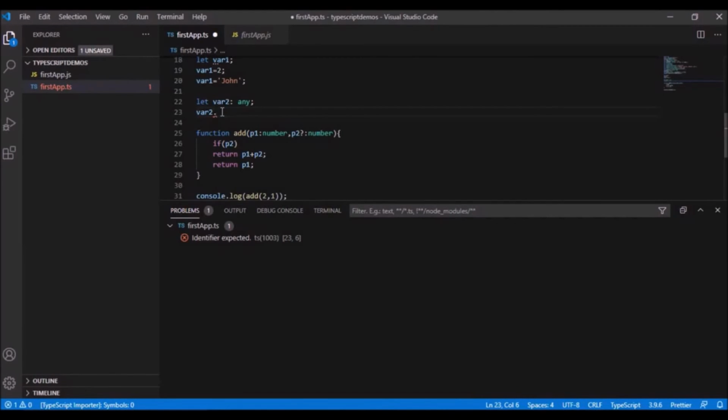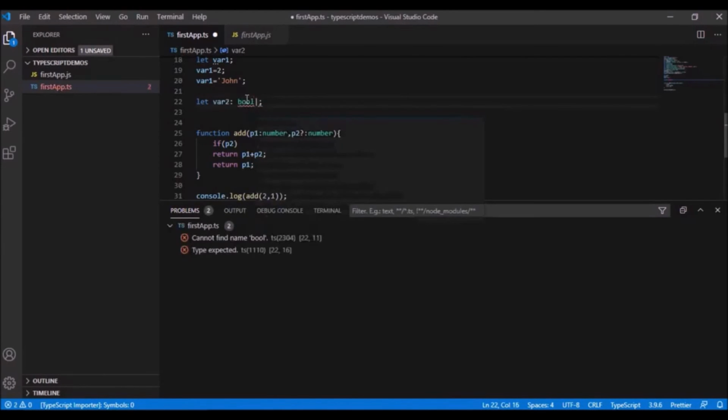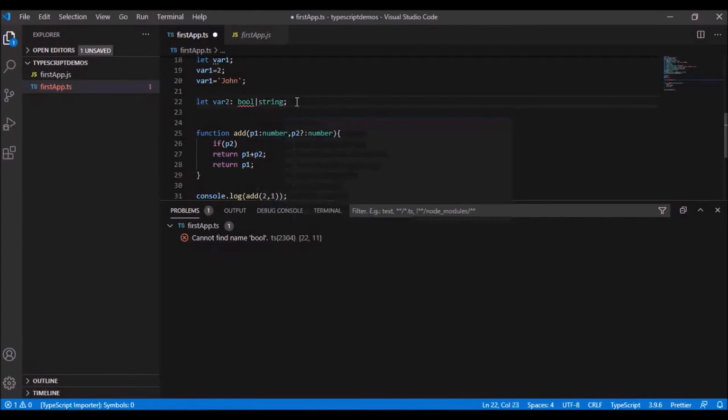So if you are a developer and you assume a variable can have values of multiple data types, and you know all the possible data types, you better declare it. So you have to say the type and then a pipe symbol and then all the expected types, right?